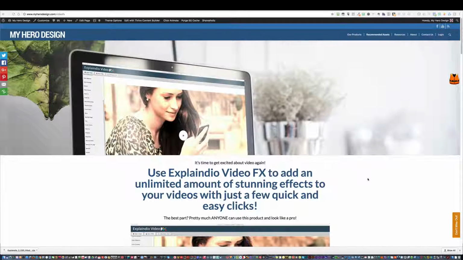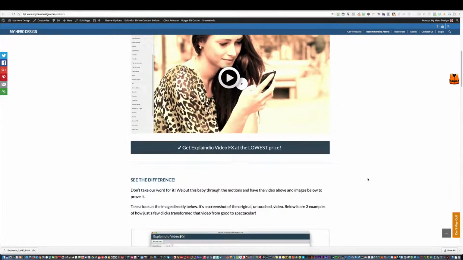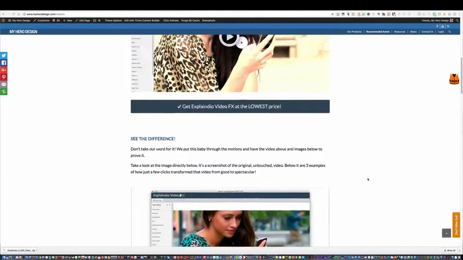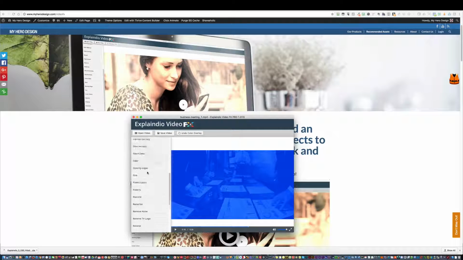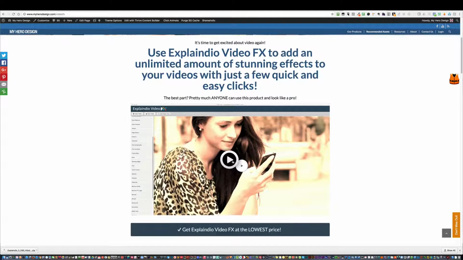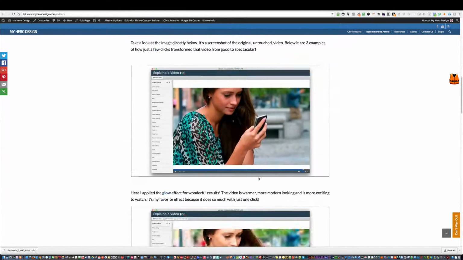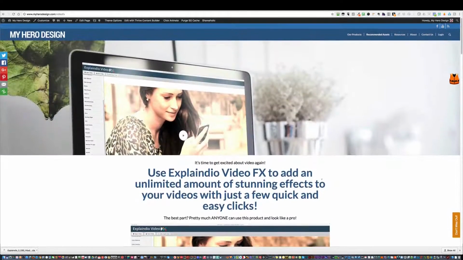This is a supplementary video to our review for Explaindio Video FX, which is a simple to use yet really powerful software product that allows you to add effects to videos just with a few clicks. So you can see that we already have our review walkthrough video here and some examples. But in this video, I want to talk about using Explaindio Video FX to create videos for websites as well